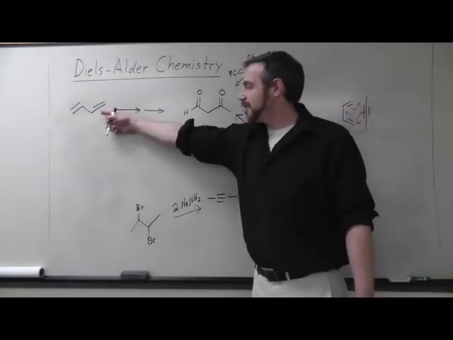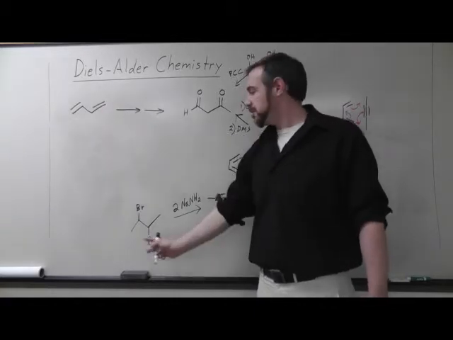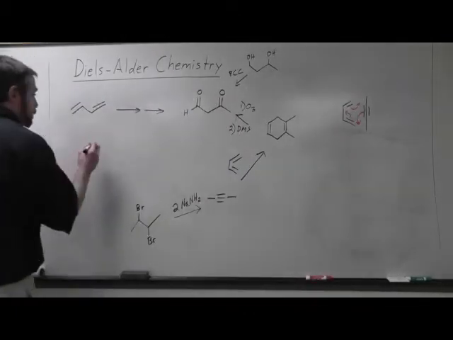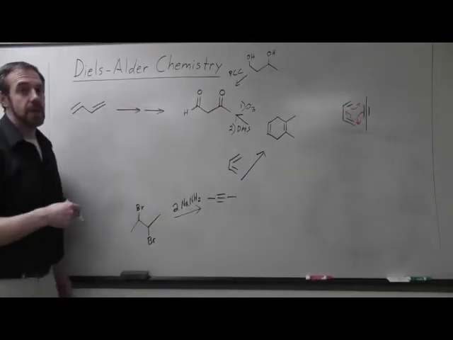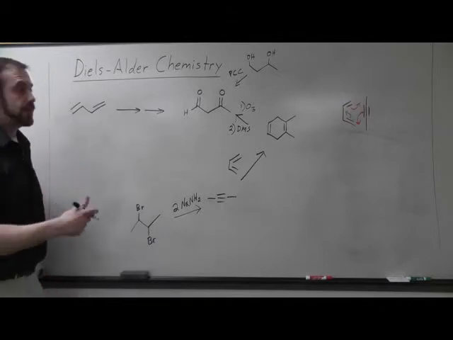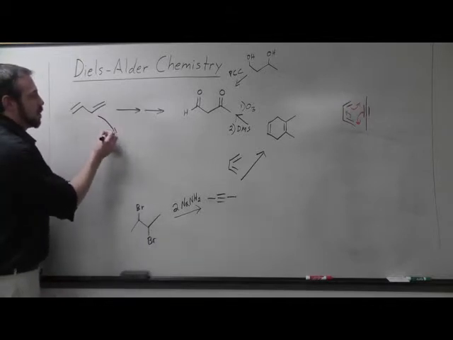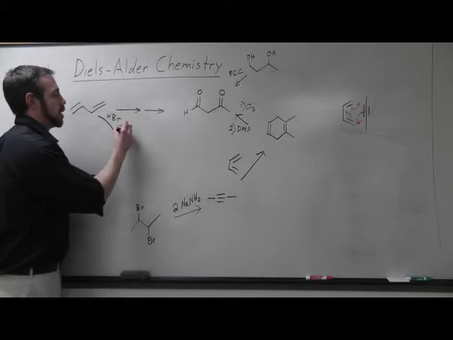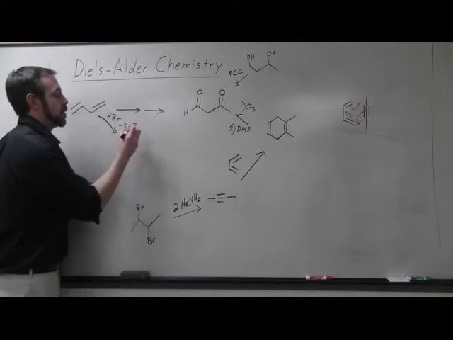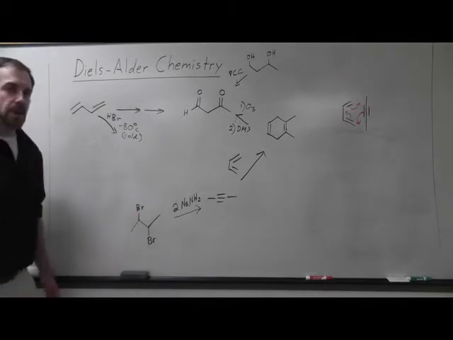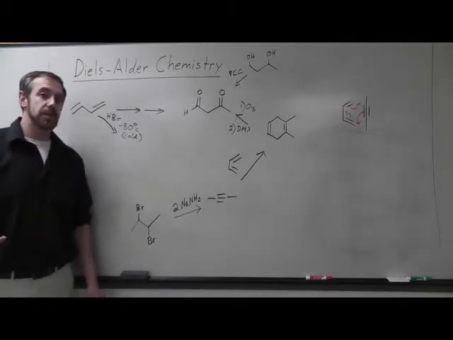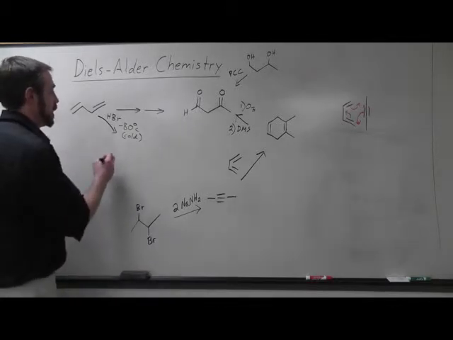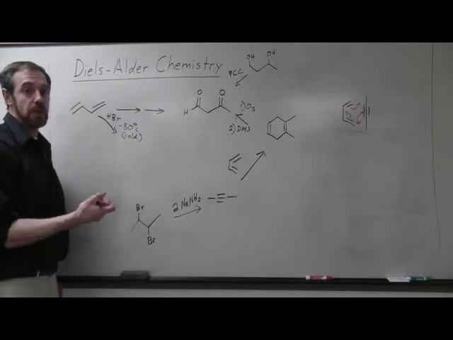So now we have to think, how can we get from butadiene to a dibromo species? Well, we can take advantage of conjugate addition, and if we react HBr at low temperature, so cold, that'll favor what kind of product? That's the kinetic product. And so at cold temperatures, you'll get the product that had the more stable carbocation